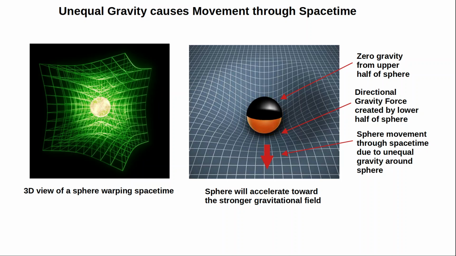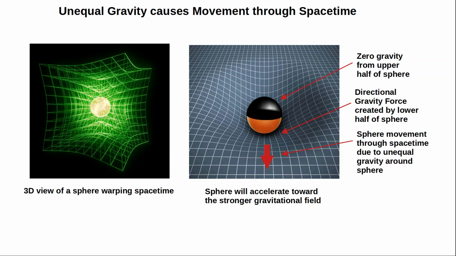If our thought experiment removed all gravitational fields created by the upper half of the sphere, then only the lower half of the sphere would create a gravity force curving space-time, with the sphere having a higher gravity field on one side than the other side. The sphere would move towards a stronger gravity field, which is the lower rate of time. So in this case, it would be